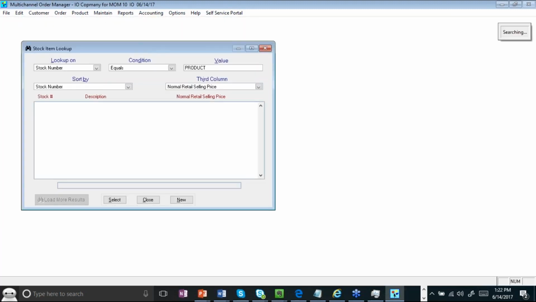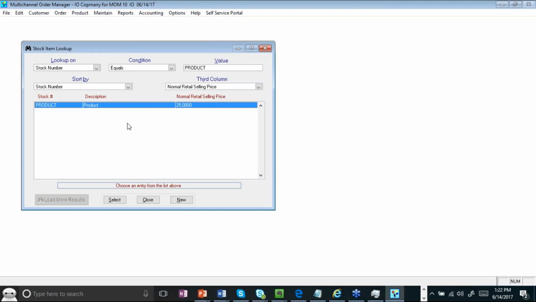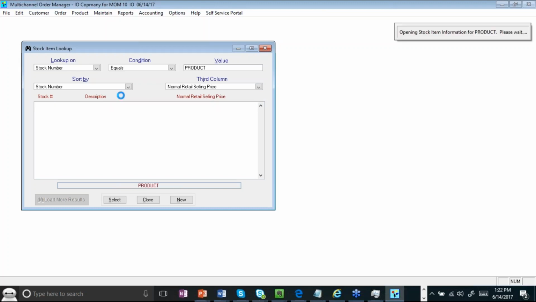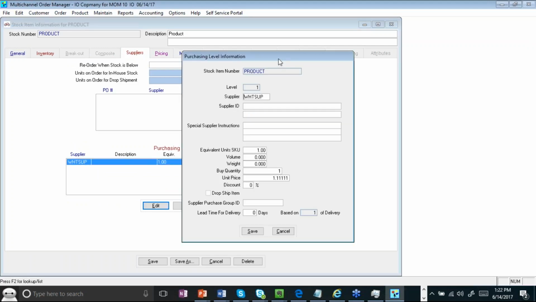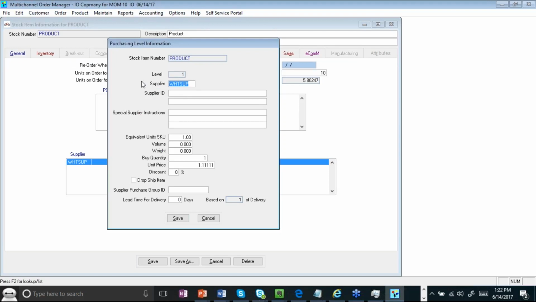So once you have your supplier set up, you would then make sure that the product is also set up. So you want to go to your product, and within the product setup, there's what we call the purchasing levels under the supplier. You can see I've already done that here. This gives you a chance to set up who your supplier is. Supplier ID is typically the item number that could be different from what you have in your warehouse. Typically a supplier might have a UPC code or ISBN that you want to use so that they can refer to it on their side,